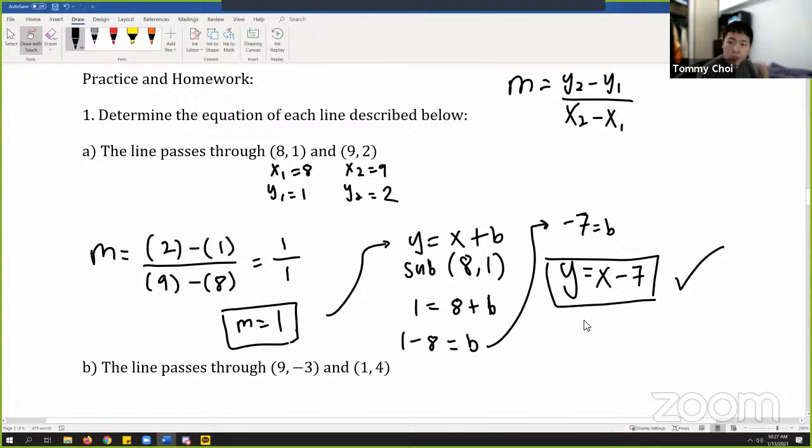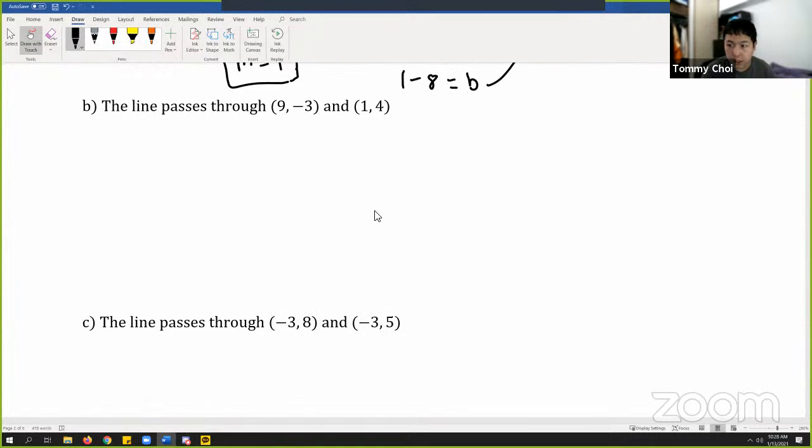Okay. So when you're given 2 points and you're supposed to solve for the equation of the line, you need to find the slope using the slope formula, then plug it into the equation. Okay. So I'm not always going to write down x1, y1, x2, y2. The main thing I'm going to be doing is plugging it into the formula correctly, right? I will for the next 2, and then I'll probably stop because it is going to take up a lot of time. So for question B,